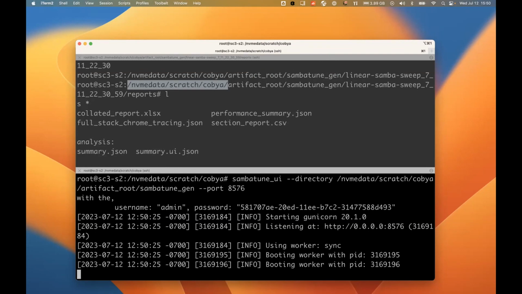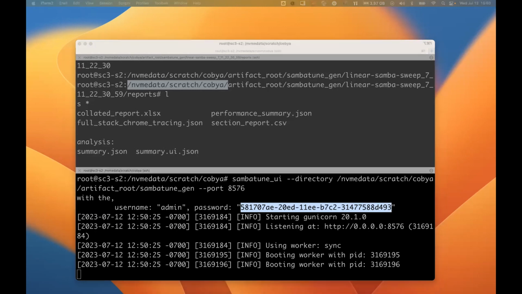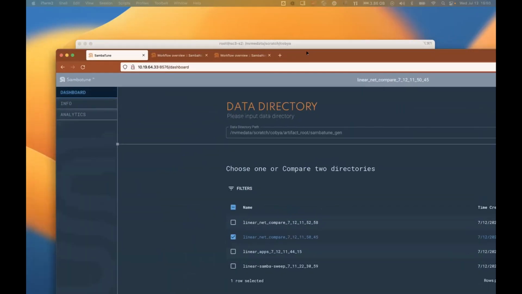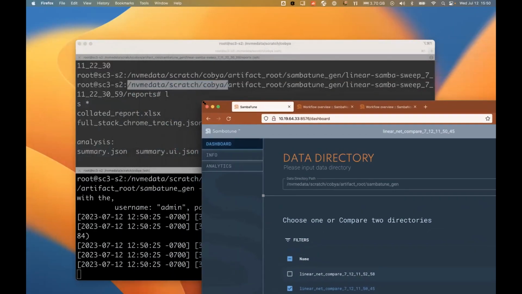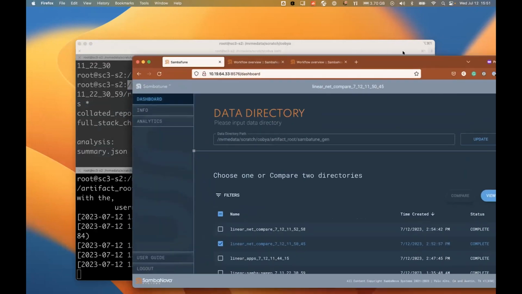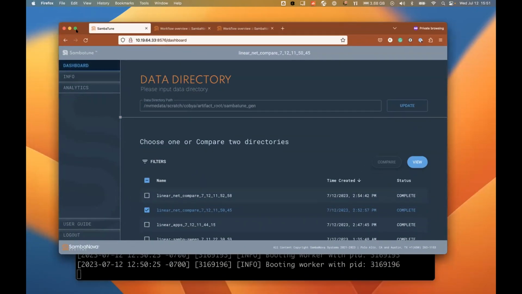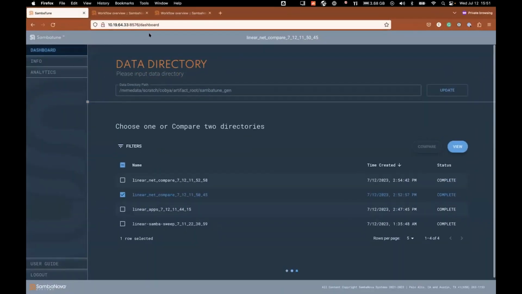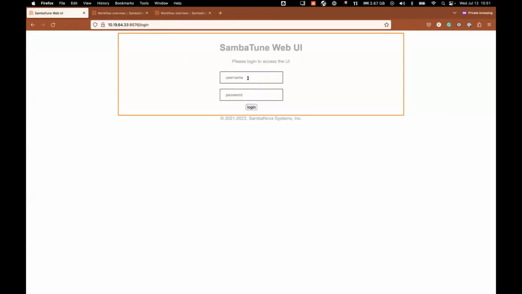I'm going to go ahead and get this over here. Get that to fit my screen there. There we go. All right, we're going to go ahead and refresh. That was from my last run of it. So if you kill your server and then bring it back up, then you've got to relog back into it. So here I went through and I did a linear Samba sweep, and I did a linear